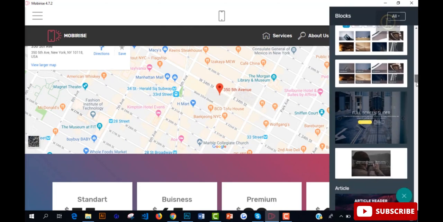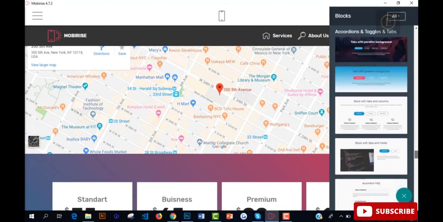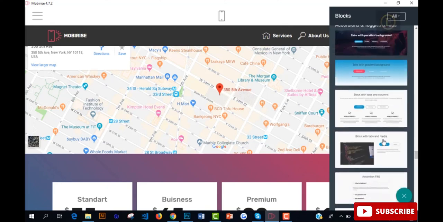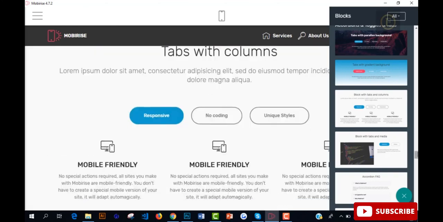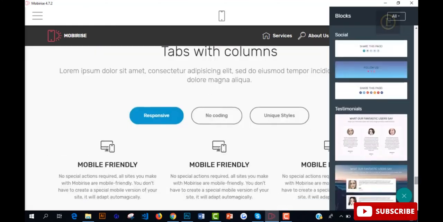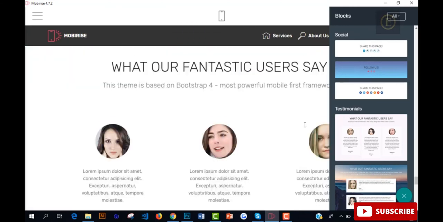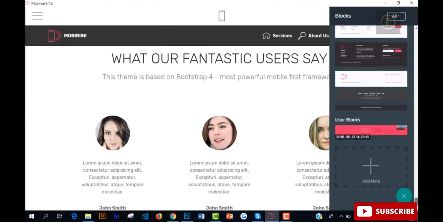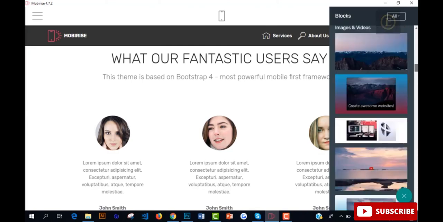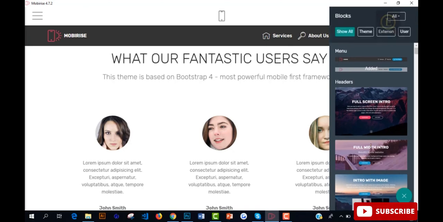This is a slider. You can even make pricing table, testimonials. So you have unlimited choices. You can change the color, change the logos,